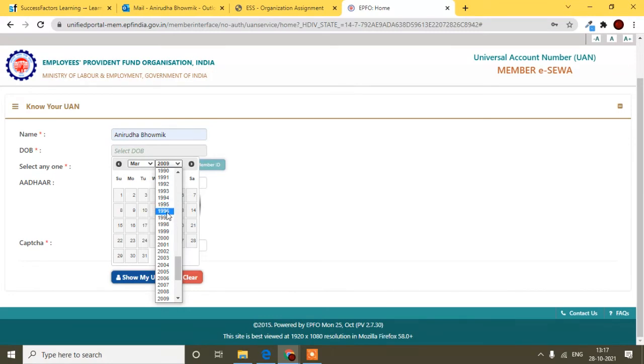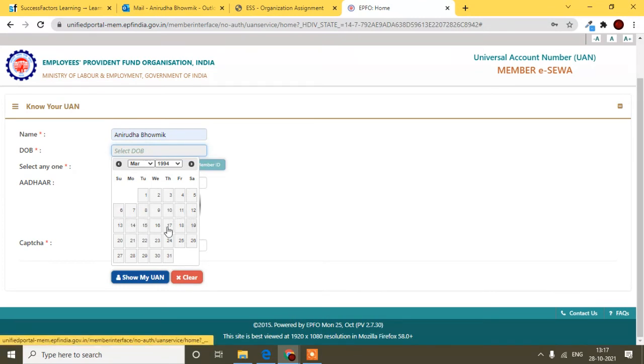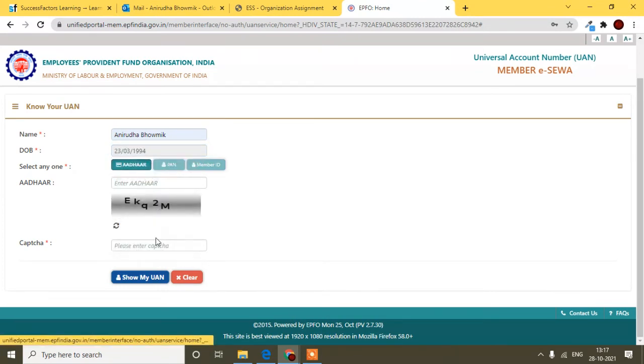Okay, now I will click this one. I will choose the date of birth, and here you will get three options: Aadhaar, PAN and member ID. If you have forgotten your UAN number, then obviously you have also forgotten the member ID, which was taken at the time of creating your UAN number.